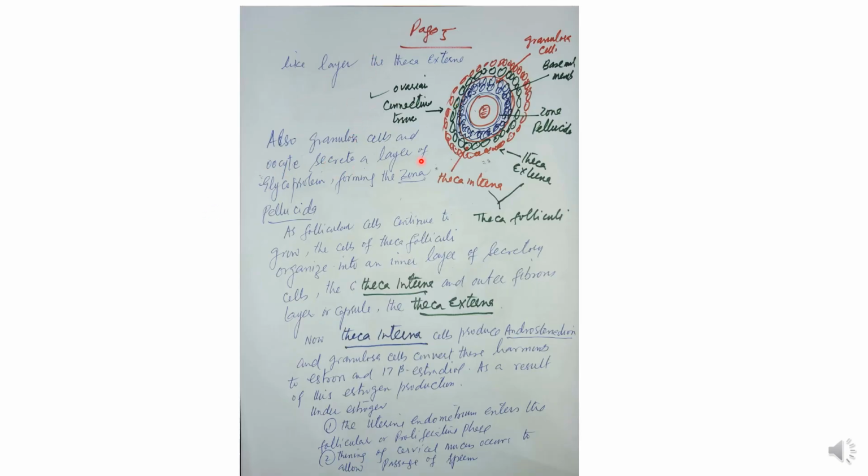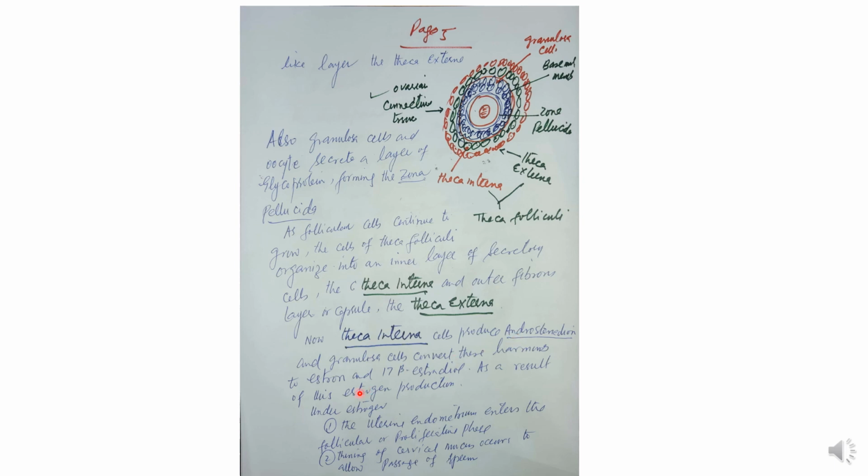Like this layer. Also, the granulosa cells and the oocytes create a layer of glycoprotein forming the zona pellucida. As follicle cells continue to grow, the cells of the theca folliculi organize into an inner layer of secretory cells, the theca interna, and an outer fibrous layer, the capsule-like theca externa. Now, theca interna cells produce